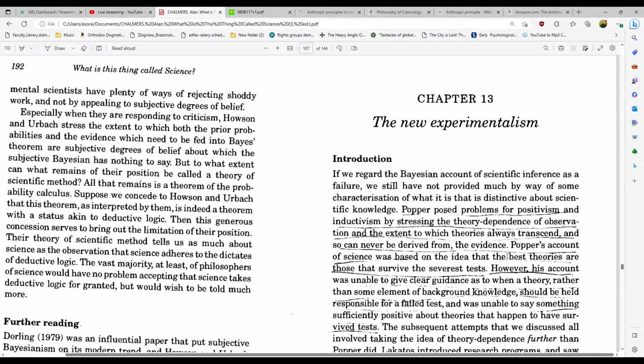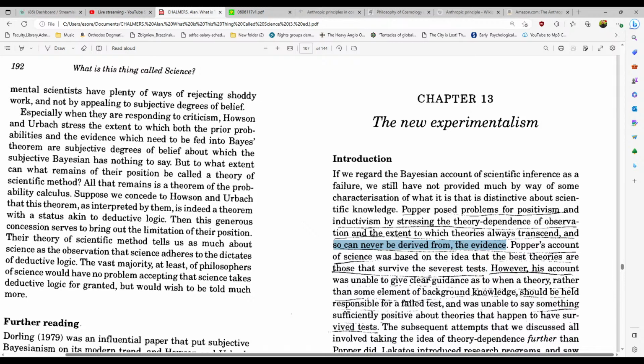Wait a minute, there isn't just observation. There aren't these naive, just observational statements that can be empirically verified. Why? Because everything's theory dependent. The theory dependence of observation. So this is what he's saying right there. And the extent to which theories always transcend and can never be derived from the evidence. And as we stated last class, that is also reiterated by the Quine-Duhem underdetermination of data thesis. So it goes on to say Popper's account of science was based on the idea that